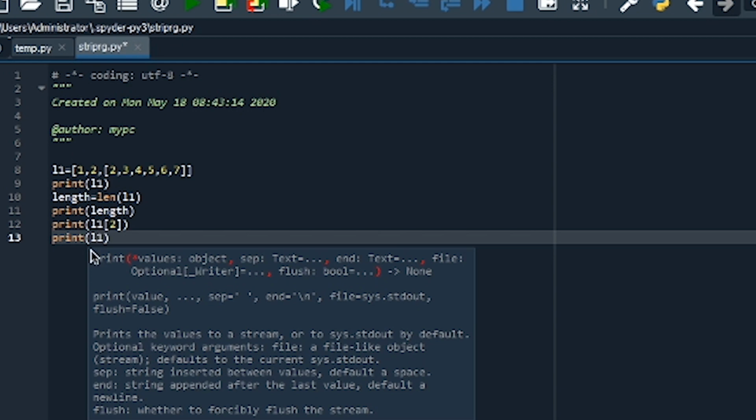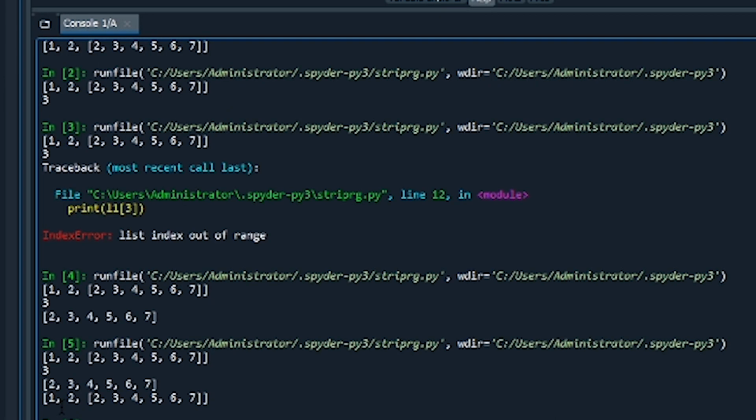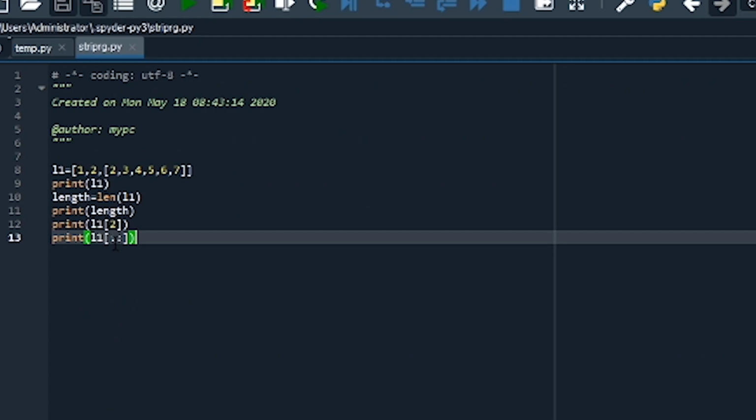L1 colon. Here 1 2 2 3 4 5 6 7, all the values are coming.